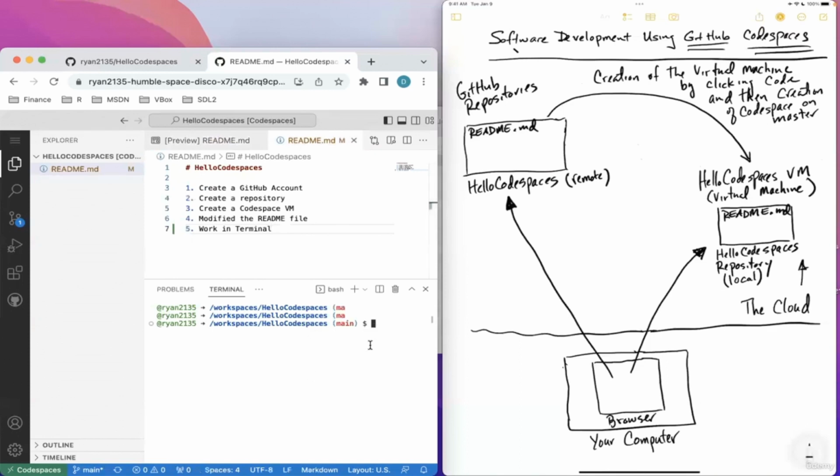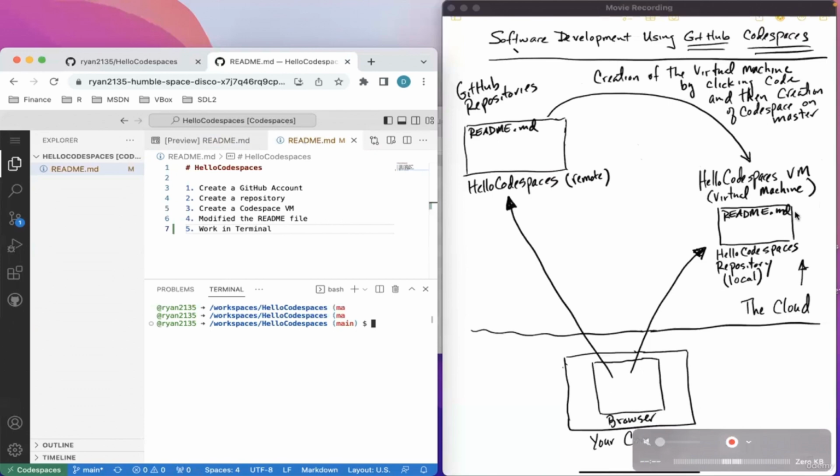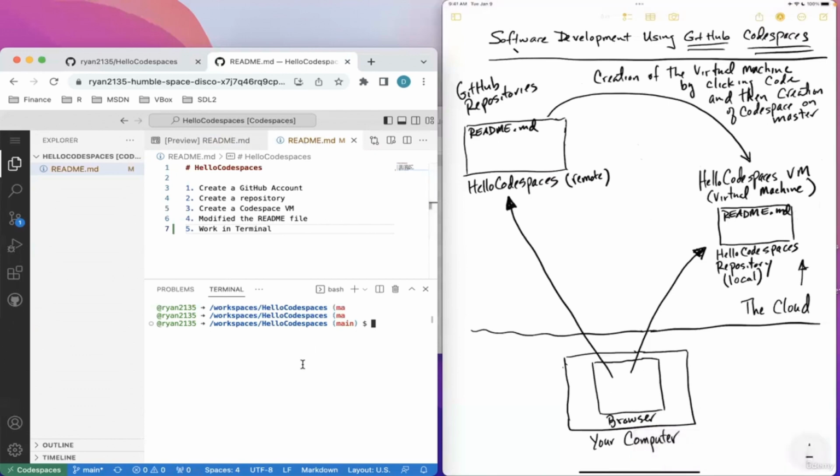But I want to come down into this terminal window and show you also that we have a lot of power in this window down here. So the first thing that I want to show you is that this virtual machine over here, this Hello Codespaces virtual machine, is actually a Linux machine. It's a Linux virtual machine, and our local repository exists in that machine. And if you're familiar with Linux or any of the Linux commands,